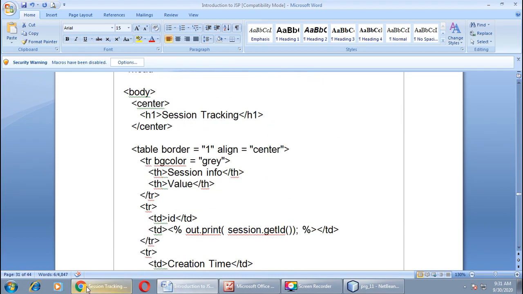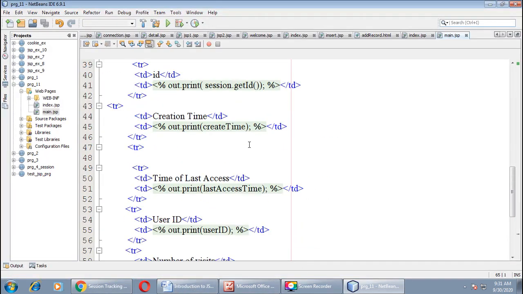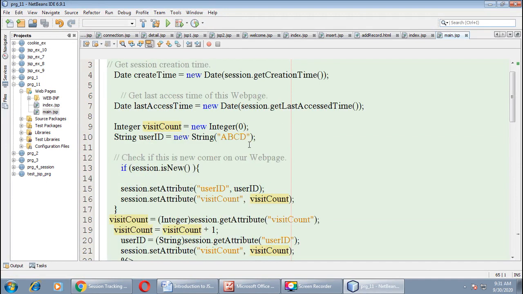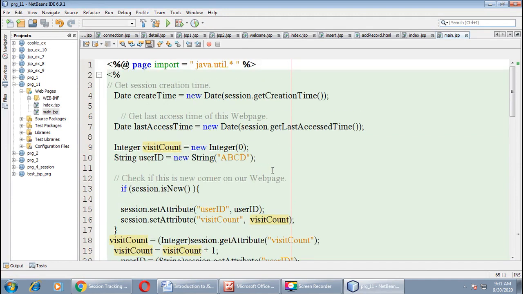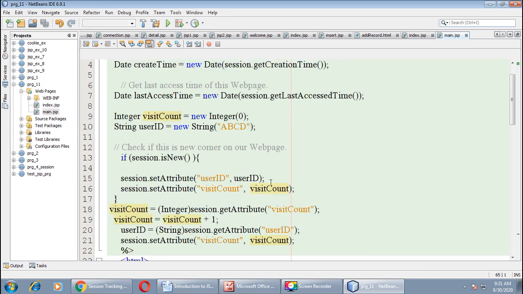In our current program, I'm talking about this one, example number 11. Here we created one session, not we, but JSP has created one session. We defined a name for that user, ABCD.